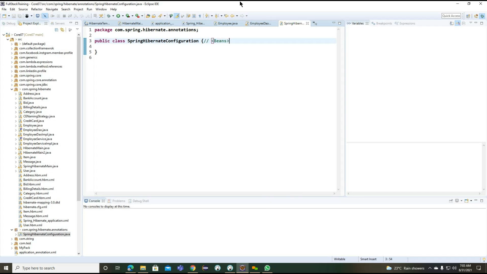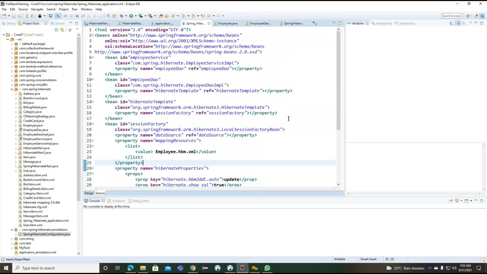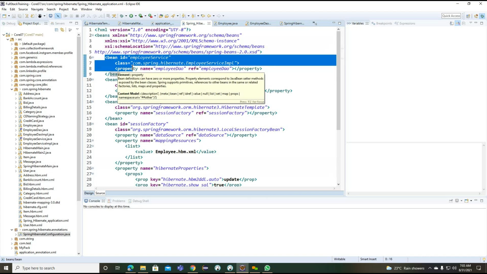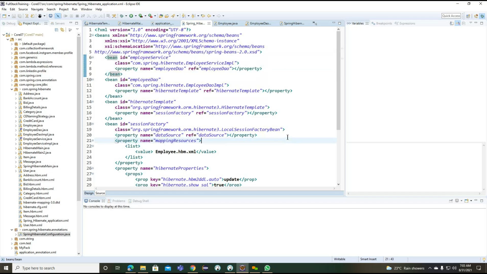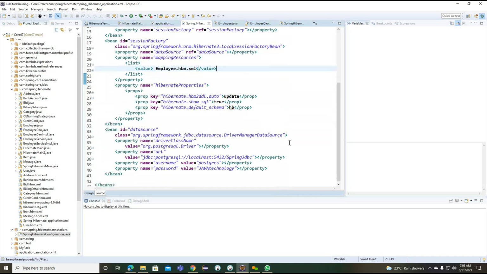Now if you observe carefully, where is the class? This is all about our configuration file, right? Inside this configuration file, we defined beans, and internally we are working as beans. Now, with the help of the same application file, we need to work on our configuration class. The configuration class will also contain the same information. The same information we provided, we are going to define in our configuration class.